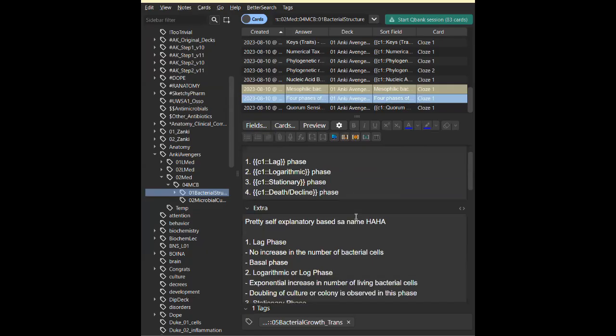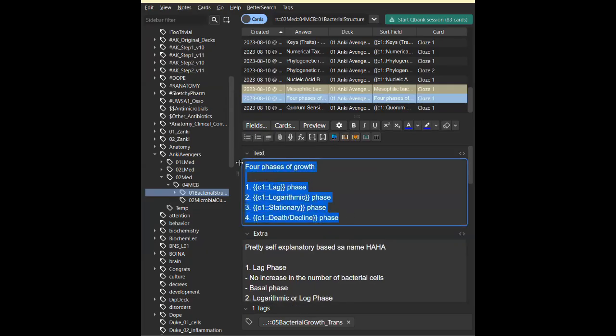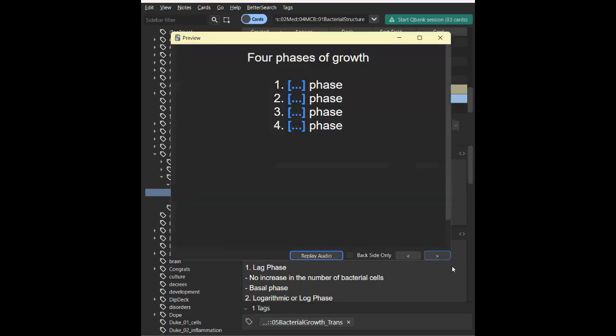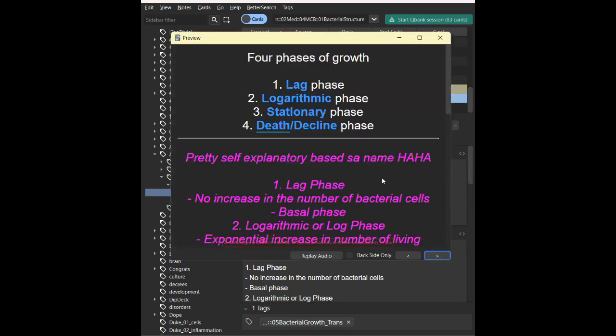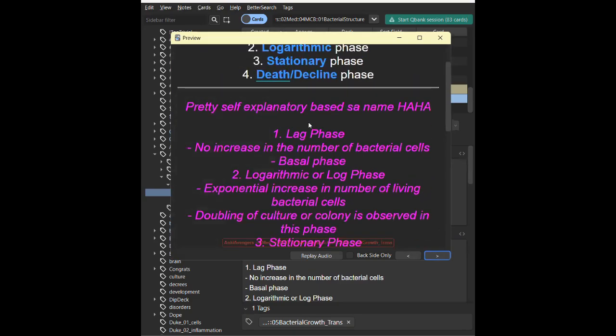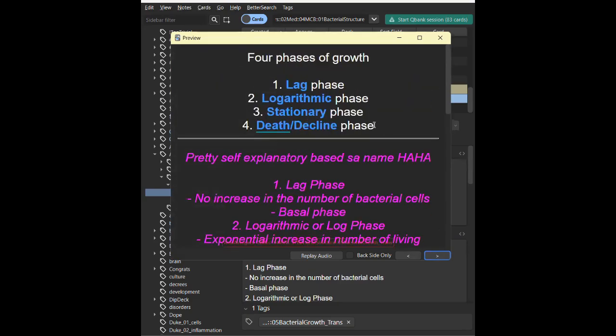Now we also have this type of card, 4 phases of growth. So this could be a process, but this is a process that's a little bit simpler. Lag, logarithmic, stationary, death, decline. As you can see here, I will already tell you the 4 phases of growth. So this is already pretty self-explanatory. That's why I made it all into 1 card, and I did not use a close overlapper for this.